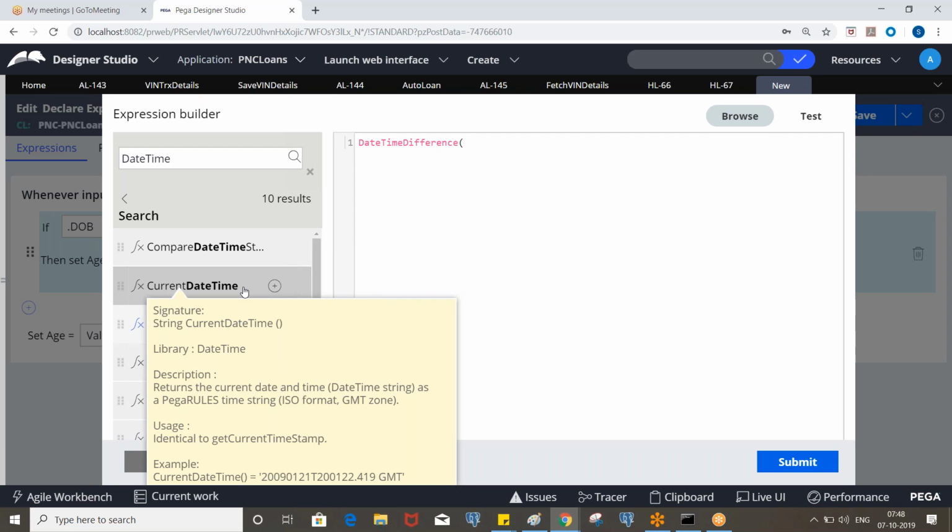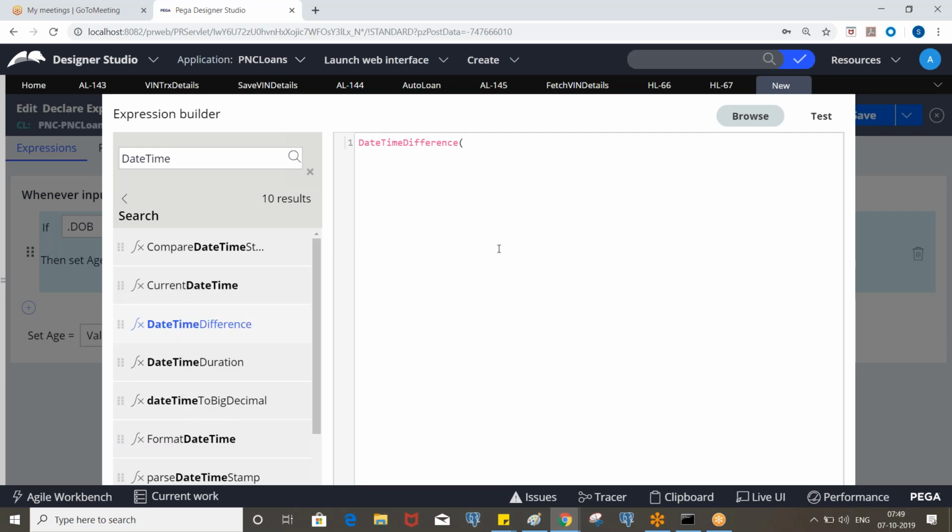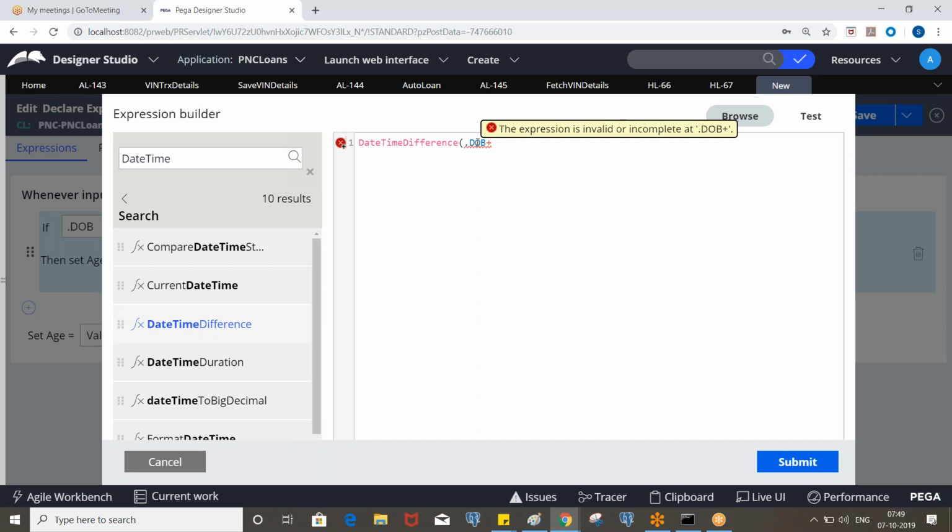Okay, so look at here. 2009-01-21 and timestamp GMT time. So by default it will show Greenwich time. Okay, so now we have a function called date time difference. You take the DOB like this and add a timestamp for this. Okay,